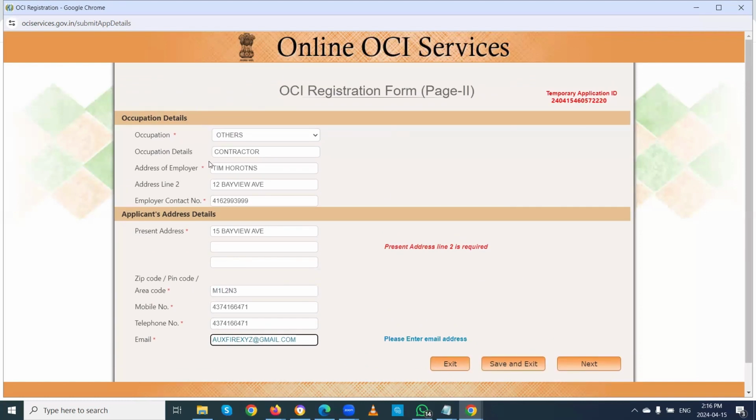While you are filling the application, on a temporary basis it will give you a temporary application ID. So I suggest you copy this number and save it in a notepad, or write it down on a paper, so that in case anything goes wrong while you are in midway of filling the application, it will always help you to complete these details. When I go for the next here,